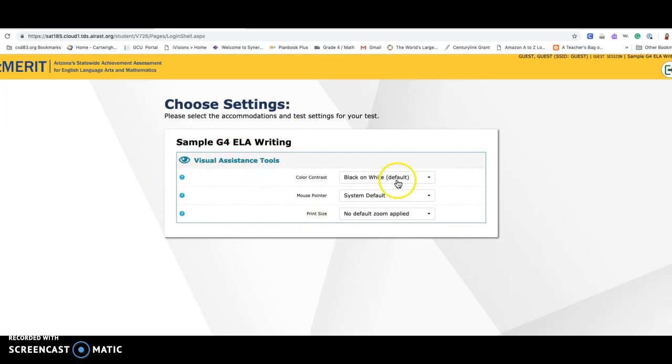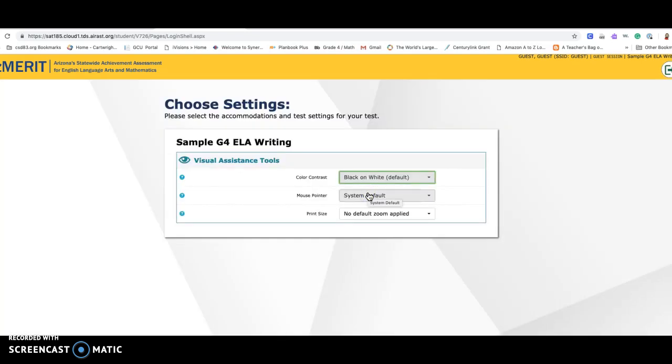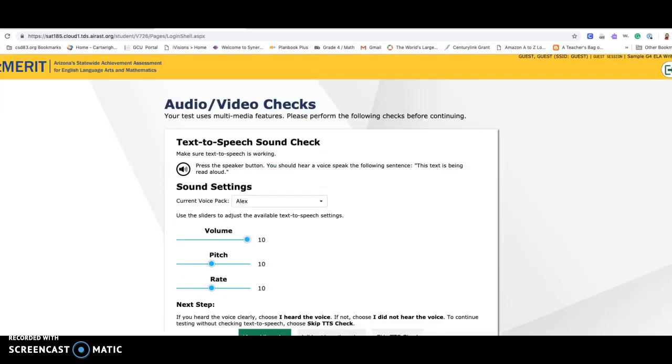Okay, this will come up. This does nothing. The students don't need to mess with this. This just changes the screen if they want a different screen. Okay, once they set it, they can't change it. So we recommend that they just leave it alone. This is usually for visually impaired students and things like that. Okay, hit the green select button, and then from there you have to verify that you heard the